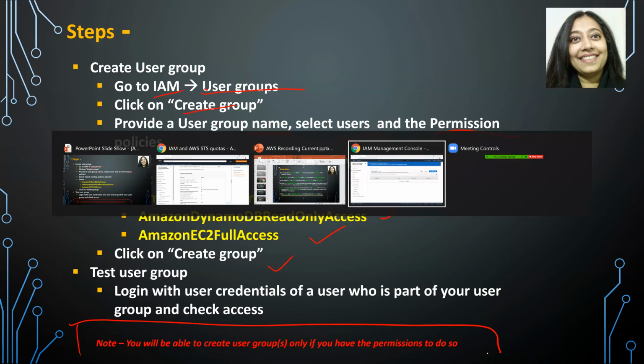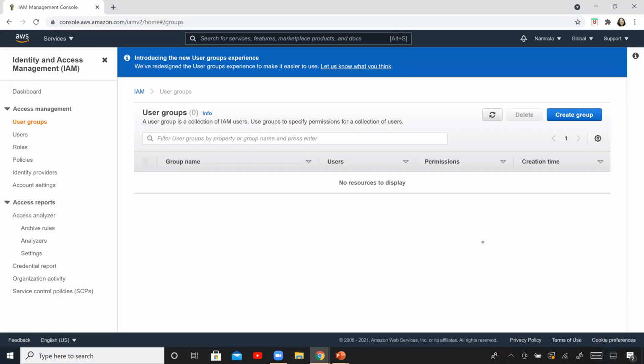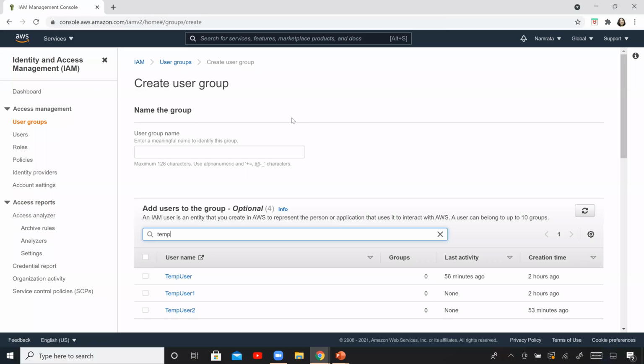Okay, so let's move to our AWS console. So this is my console right here. I'm in IAM user groups and click on create group. So this is the page that you land on after you click on create group. First, we'll have to give a group name.